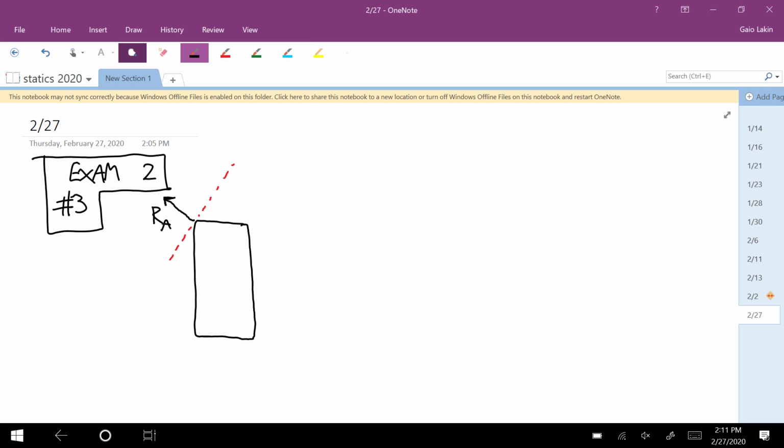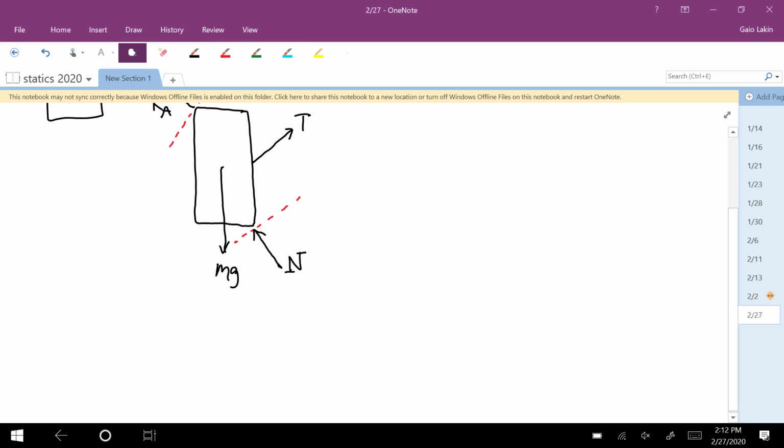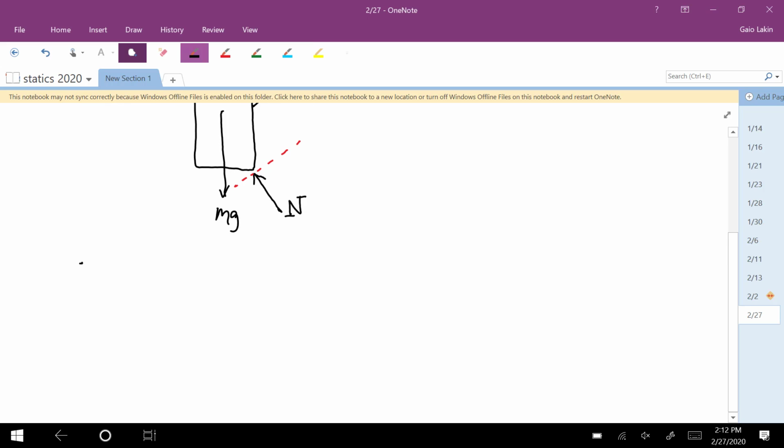I'll call that RA. There's a weight force. The normal force is perpendicular to the ground, so like that, I'll call that N. And then the cable force is this way. So that's number 3. And then number 4,